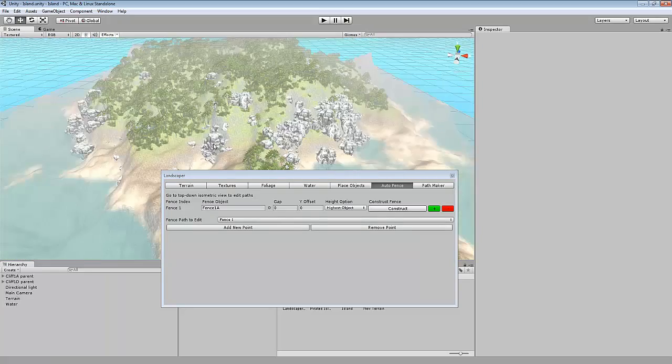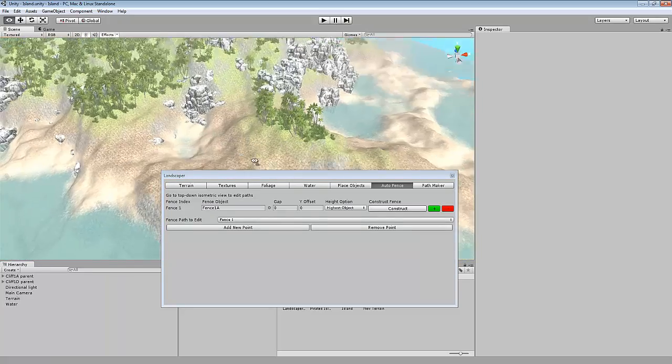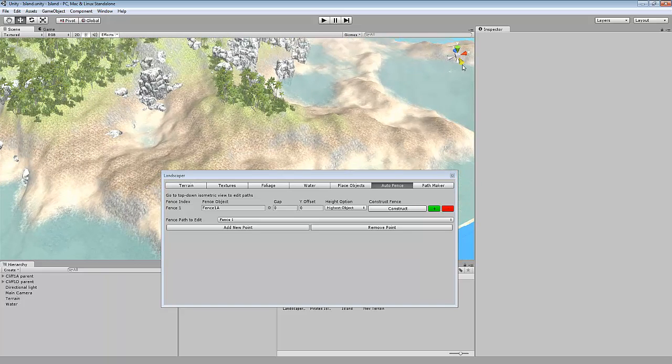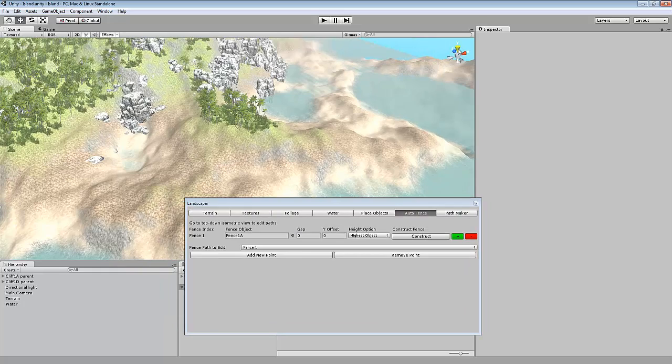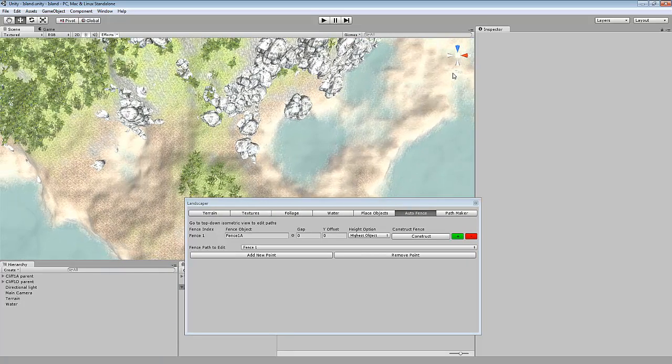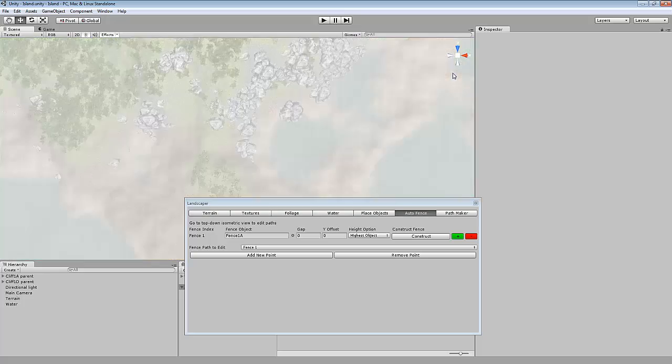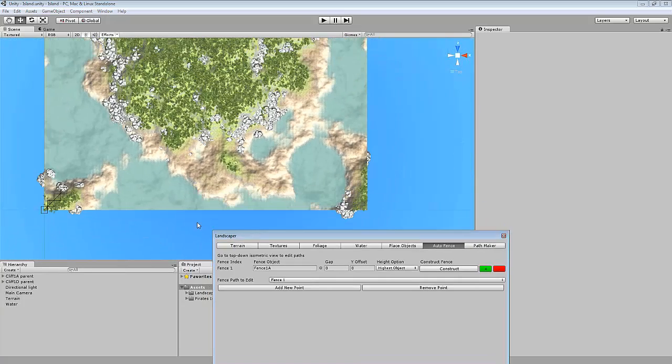Okay, so how do you edit where your fence is going? You go to top-down isometric view because that is the easiest way. You do that by clicking this green Y button up here, and you click a button below that to go into isometric view. And then you will see that there are 4 boxes connected with lines down in the bottom left corner. You can drag these boxes around to create curves,